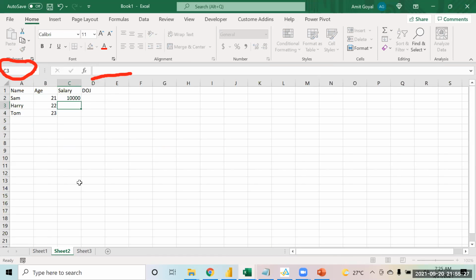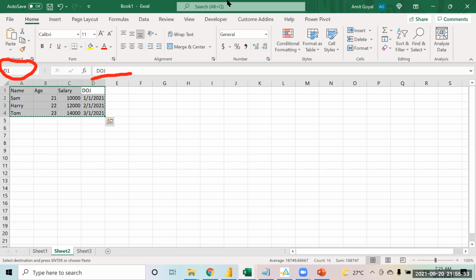Salary is 10,000, 12,000, 14,000. And we have the date of joining: 1st Jan 2021, 1st of Feb 2021 and 1st of March 2021. I request you all to please create this small data in your Excel.